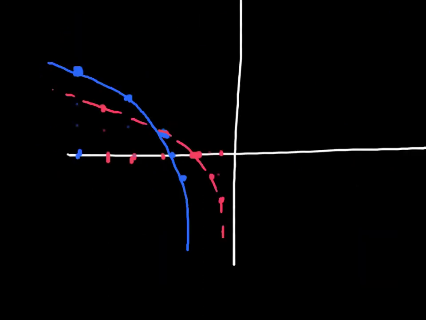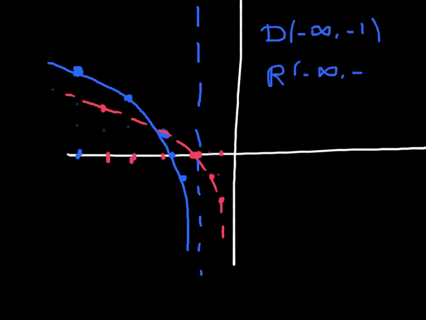Okay, I graphed the reflection in pink and I graphed the shifting in blue. The only thing I need you to remember here, because we're shifting left 1, I need you to put the asymptote at -1. So finally here the domain will be from -infinity to -1. The range is from -infinity to +infinity. The vertical asymptote is x equal -1. The x-intercept